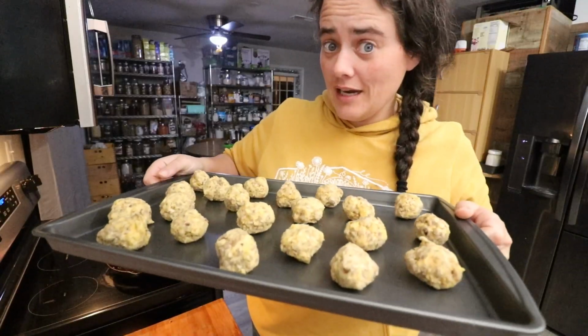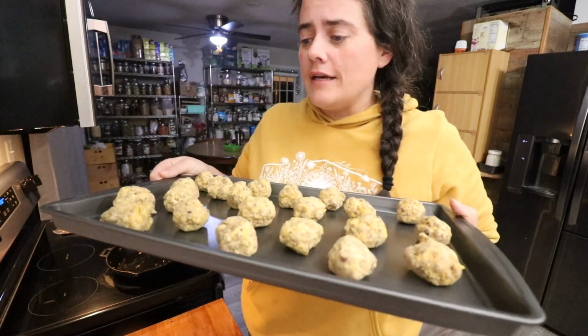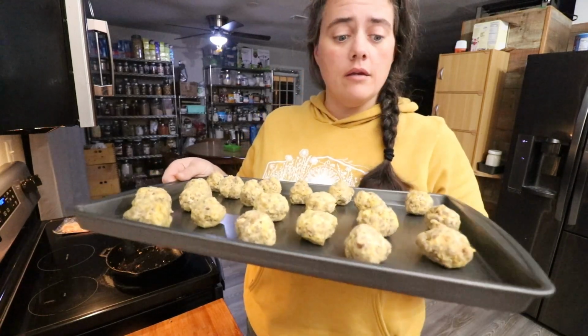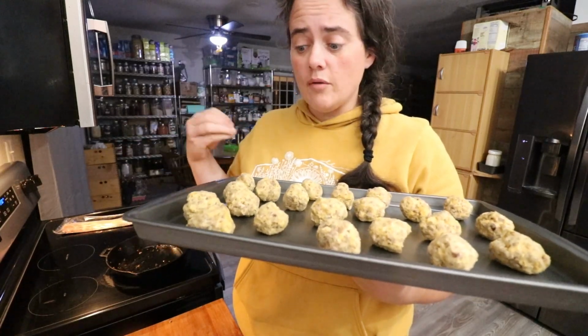Now we're just gonna pop these guys in the oven. It says 350 for 20 minutes. And one thing I think would be fantastic for this to have as an easy to make snack at this point, you could probably wrap these up, pop them in the freezer, and you could pull out however many of you want of them,